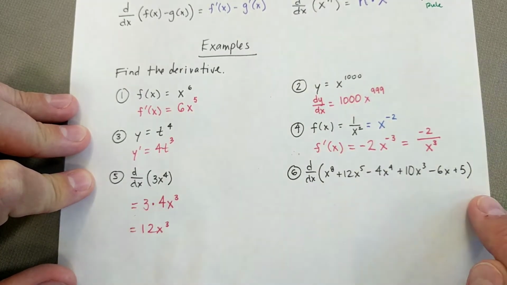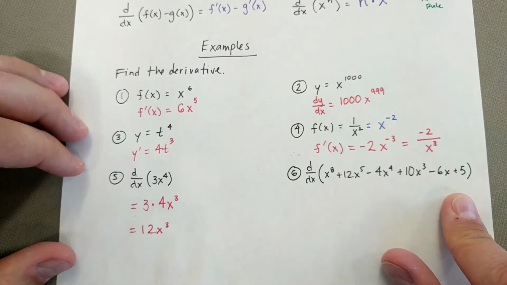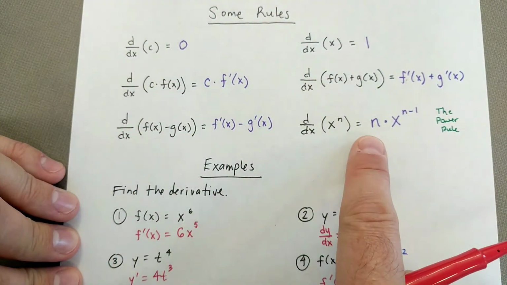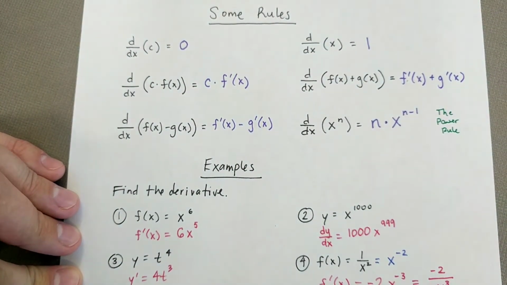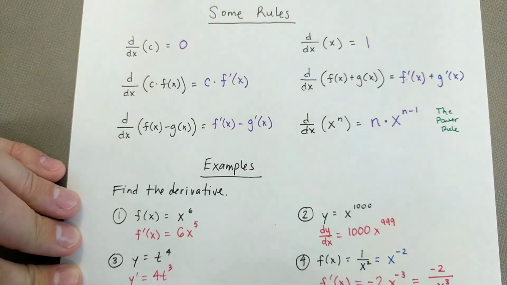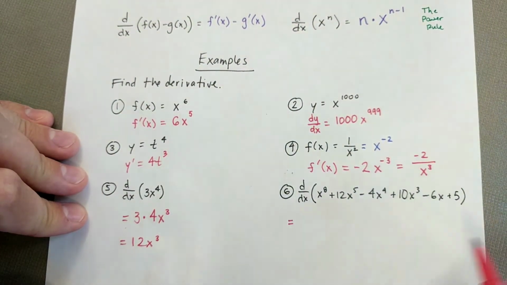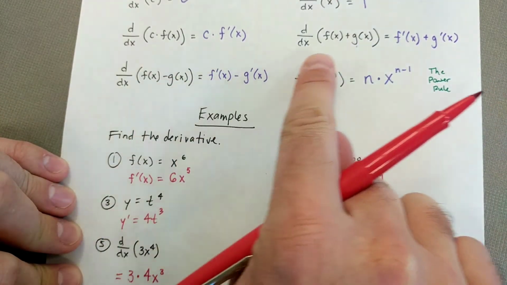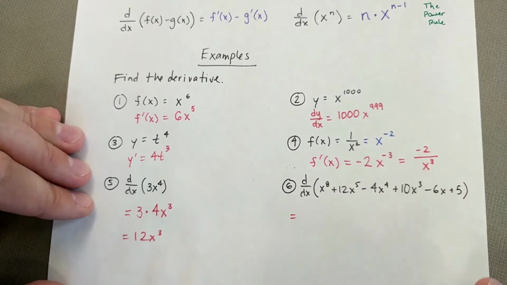All right, over here now, we've got a bunch of stuff added and subtracted together. Some of them have coefficients. So this is going to be a case where we're going to use this rule, this rule, this rule, this rule, and probably these rules as well, as I can see that there are going to be some constants and zeros or x's down there. So here we go. Let's go through this. We're going to take it piece by piece. These two rules here say, if you are adding and subtracting a bunch of things, you can just take it term by term, and that's exactly how my brain is going to think about it. So first one,